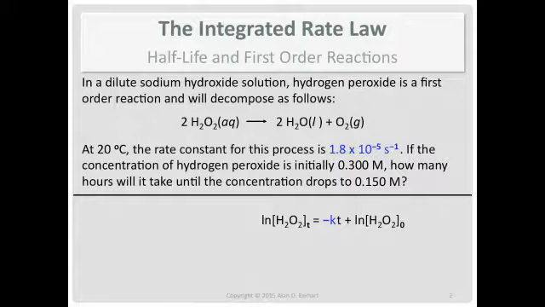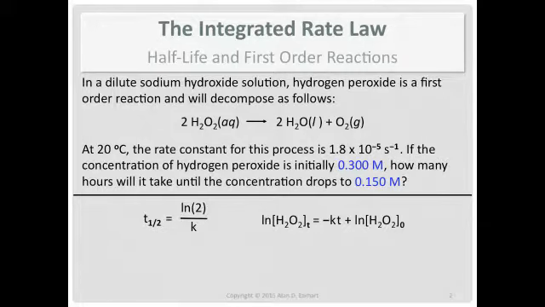But there's an easier way to do it. What do you notice about the final concentration with respect to the initial concentration? It's half, right? Now, if you don't notice that, you can use the mathematical equation I put down. Works fine. But if you notice that the final concentration is half of the initial concentration,